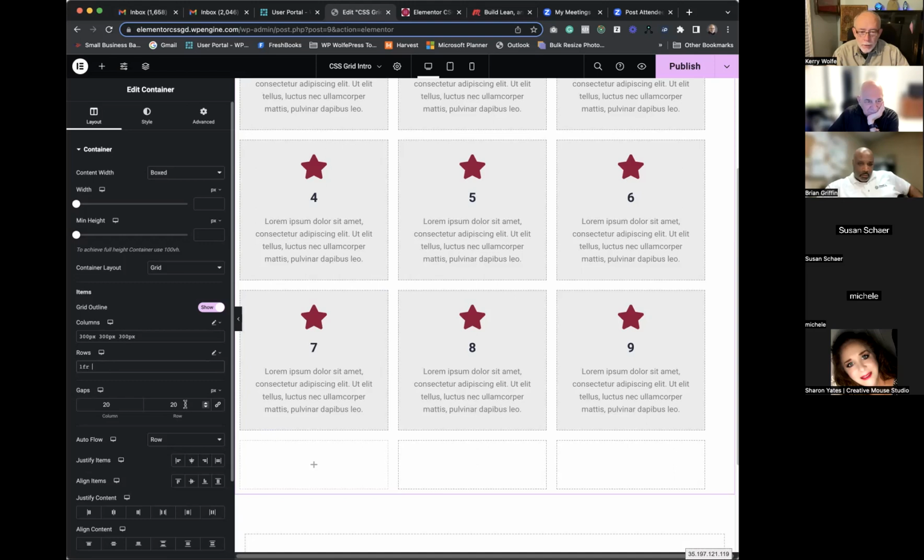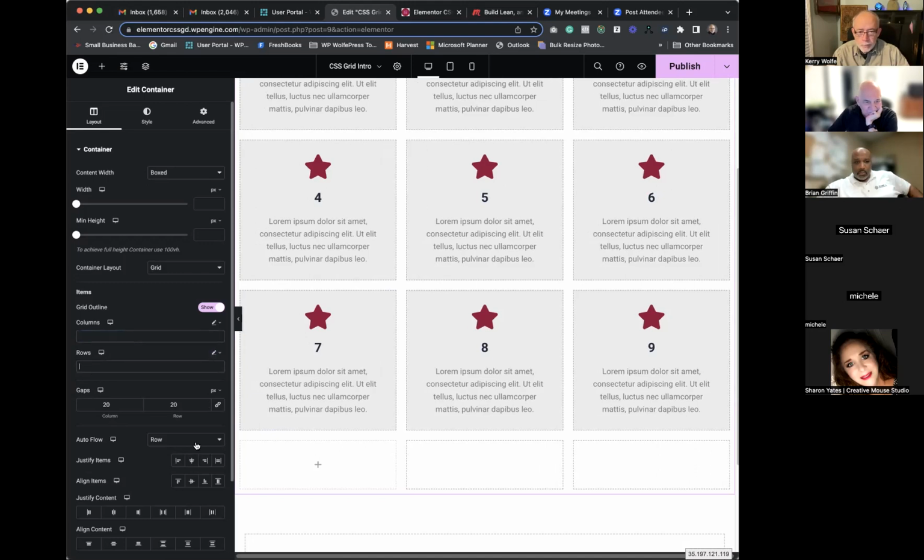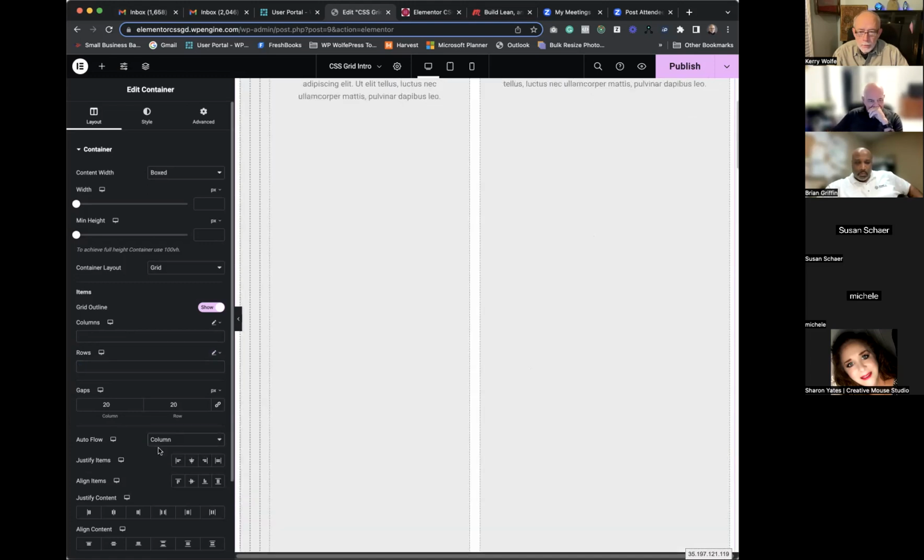Any thoughts on this? When you switch, you have to decide whether you're gonna do columns or rows. Gotcha. So you need to take the columns out and then put that in rows. Doesn't seem to be doing anything. It might be because the flow is rows. If we went to columns, well, it makes a mess. So anyway,